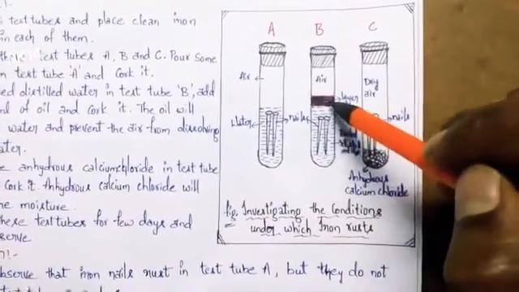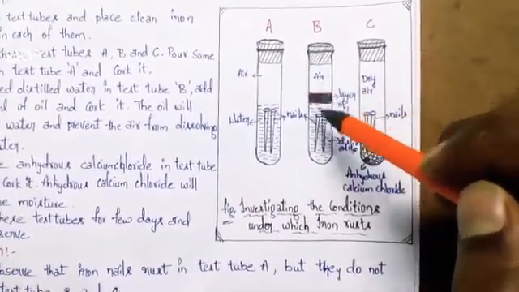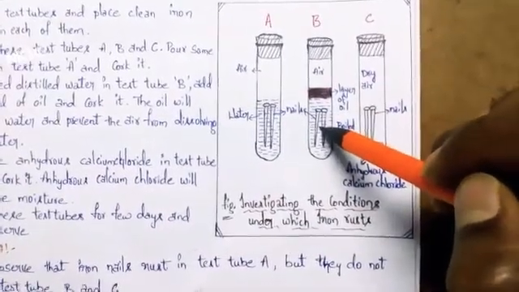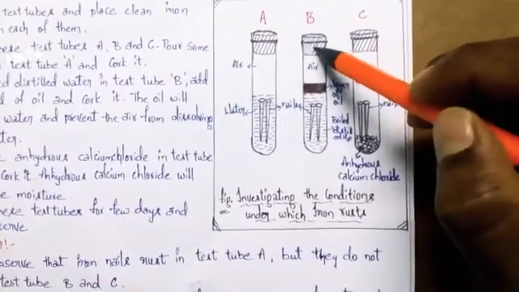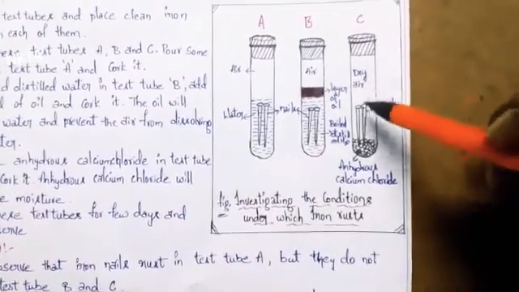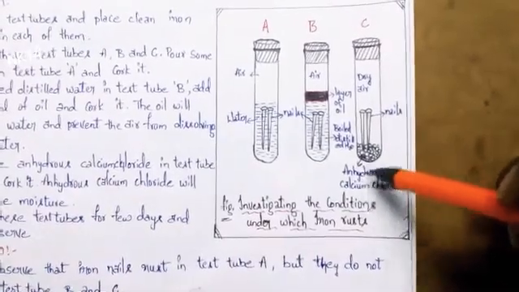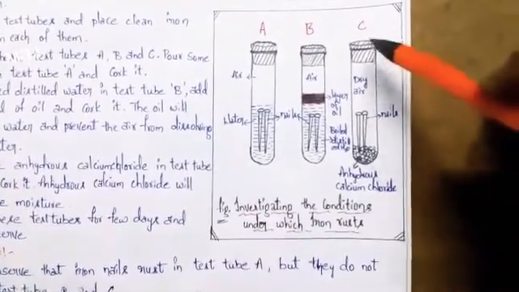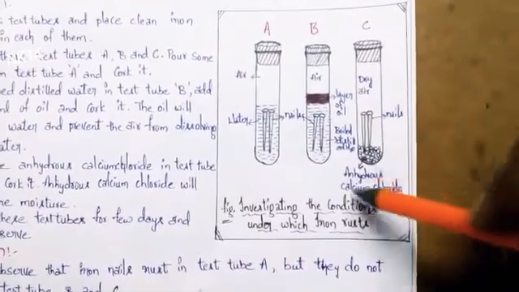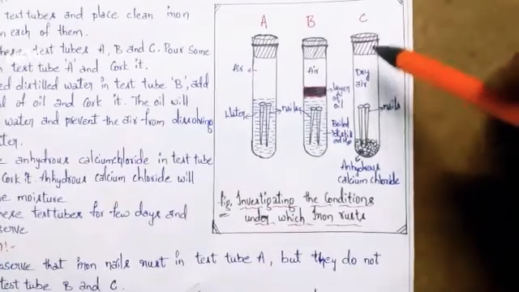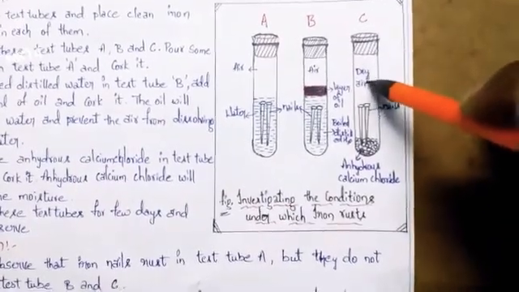As the oil will float on the water, the air will not be in contact with the water. So the air will not mix in the water. So there is no moisture. And close with the rubber cork. Coming to C, after placing the iron nails, drop in the chemical, that is anhydrous calcium chloride, and close the rubber cork. This chemical has the property of absorbing the moisture. As it is absorbing the moisture, there will be only dry air.